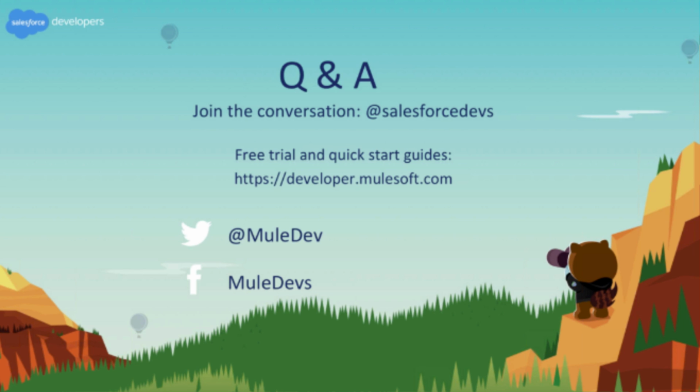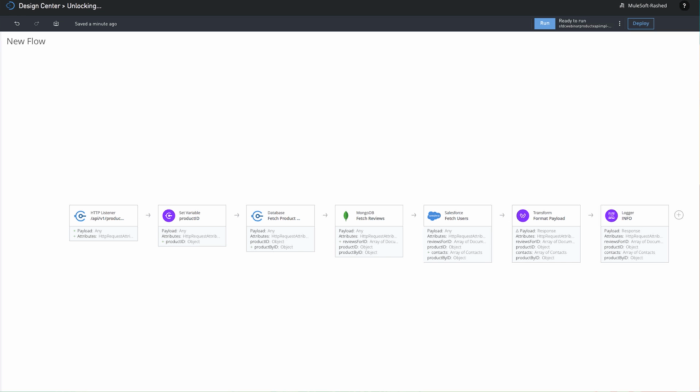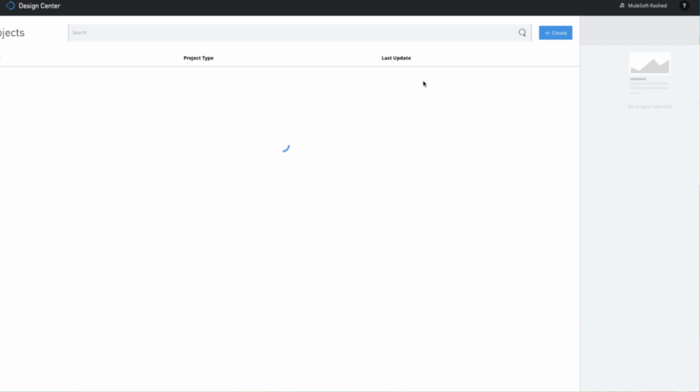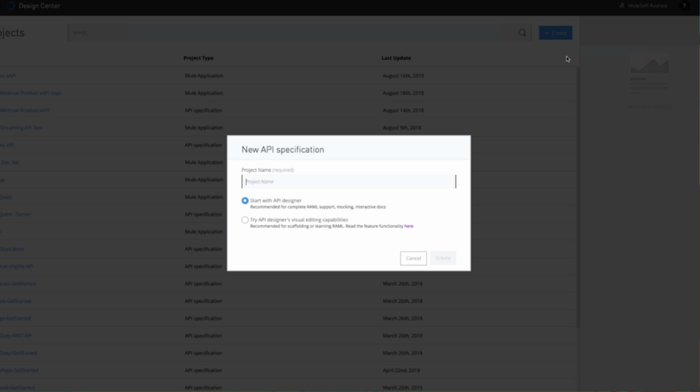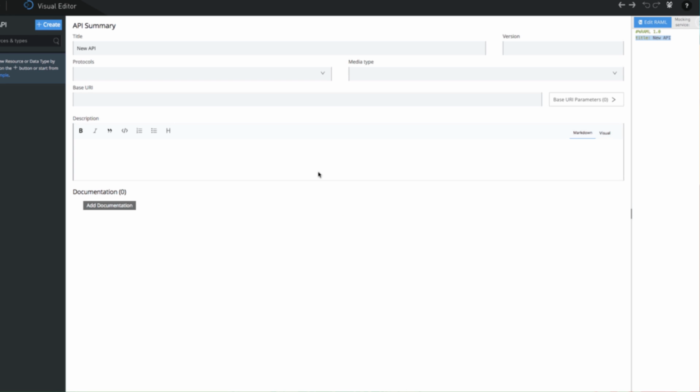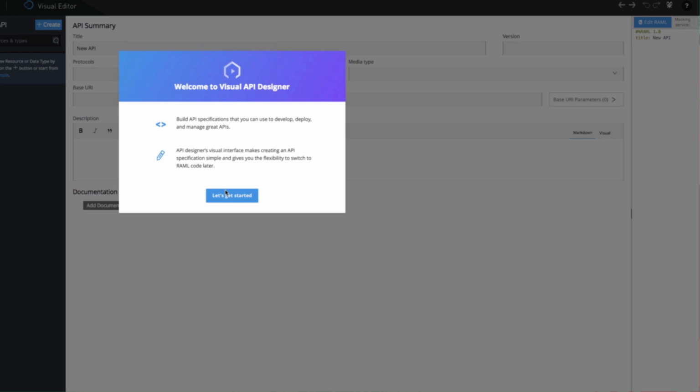Great. And this question is for Renee. Is there a visual builder, helper, or wizard for RAML? Yes, and you have that also in Anypoint Platform, which you're just switching to, which is awesome. You can build your APIs either directly in RAML, or you can use the new visual editor that they provide. So Rashid is just doing that, you can create, and then you can actually build your API specification using a